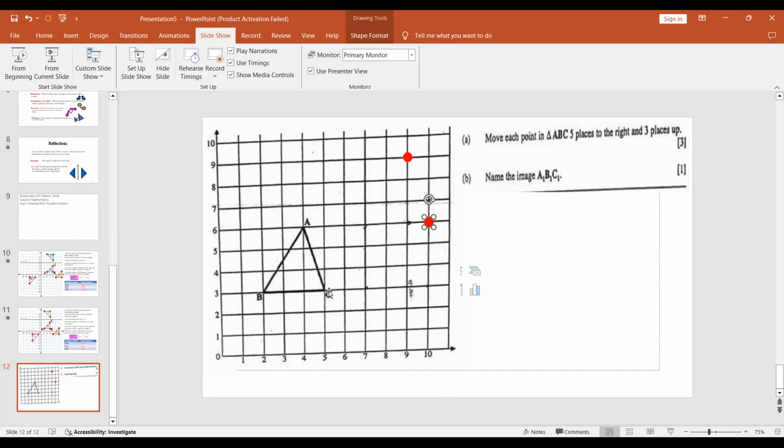Okay. So 5 places to the right and then 3 places up. So 1, 2, 3, 4, 5, and then 3 places up. So it's gonna be 1, 2, 3. Okay. Next up, we have this last one. We're gonna move 5 places to the right and then 3 places up. So it's gonna be 1, 2, 3, 4, 5, and then 3 places up is gonna be 1, 2, and